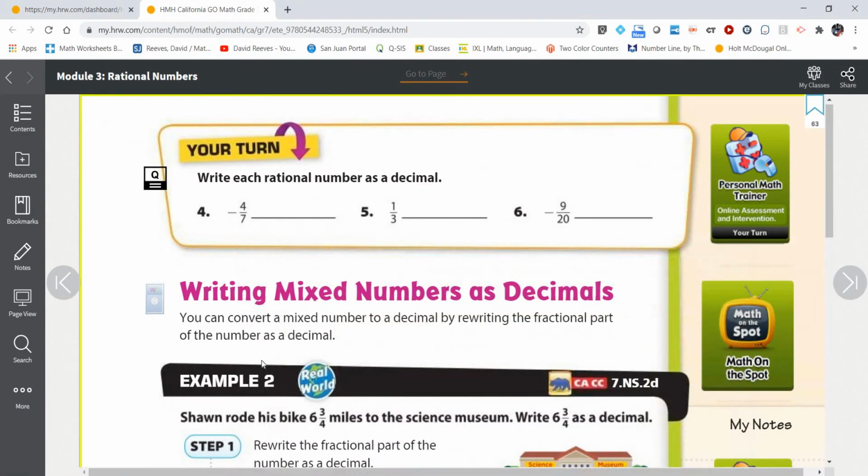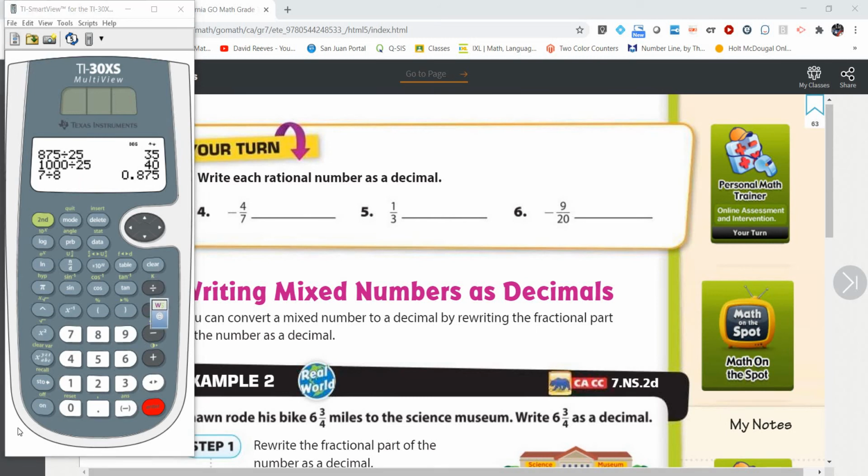All right, and now I'm simply going to go to my calculator, okay? I'm going to type in 4 divided by 7, and I know it's going to be a repeating decimal. All right, now it says write each rational number as a decimal. It didn't say how far to go. I know in your homework it's going to tell you how many digits that you need. All right, so let's go 3 digits,